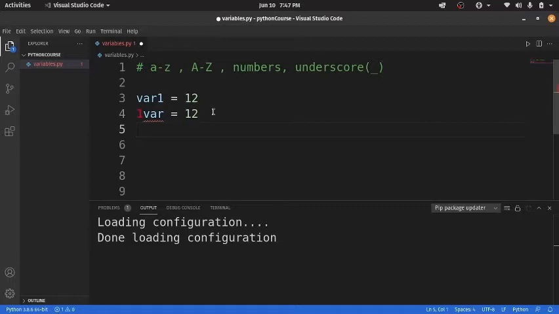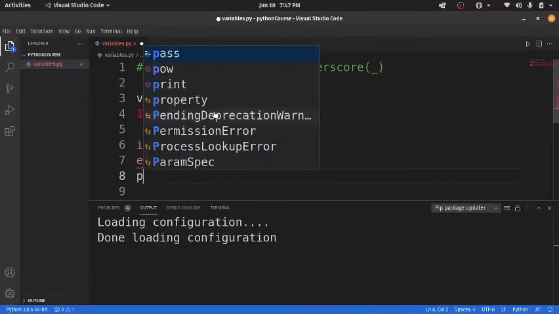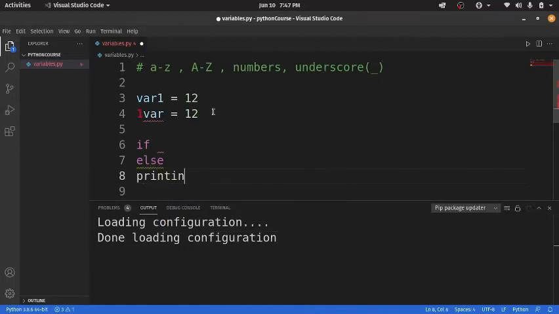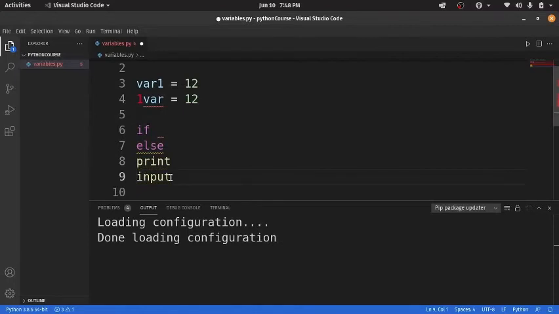And also you cannot use specific keywords which are used by Python. They are reserved words, like if, else, print. These are some of the reserved keywords which you cannot use as a variable name.